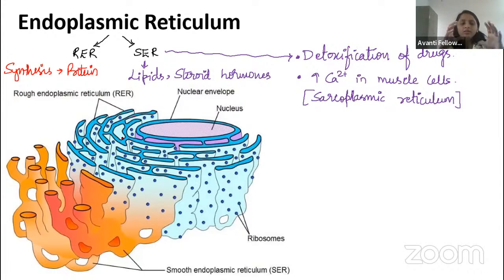In some endoplasmic reticulum, ribosomes are attached on it, right? That endoplasmic reticulum we will call rough endoplasmic reticulum, because ribosomes are there. Some of the endoplasmic reticulum does not have ribosomes. That we will call smooth endoplasmic reticulum. Right, guys? Now you tell me what is the function of rough endoplasmic reticulum and smooth endoplasmic reticulum, guys? Can you tell me in the chat box?